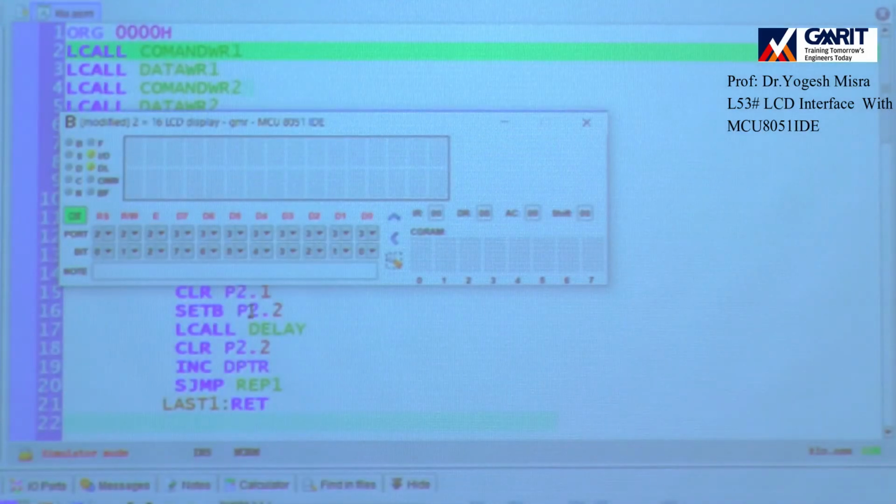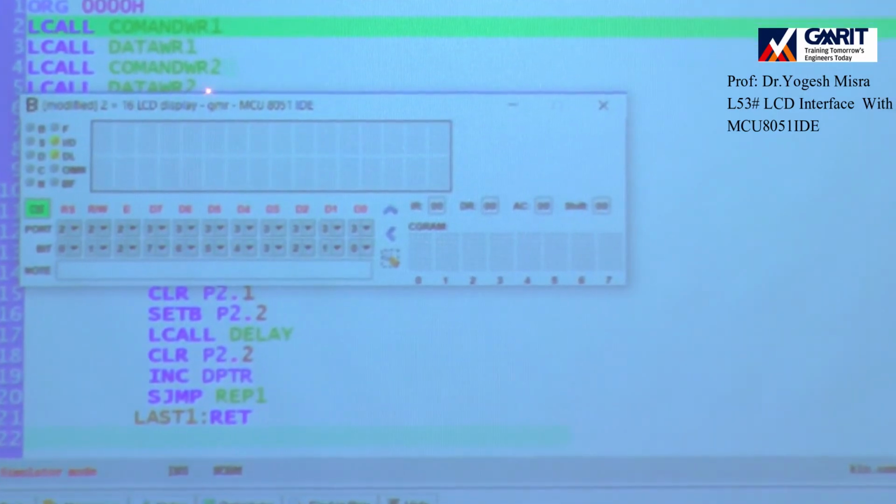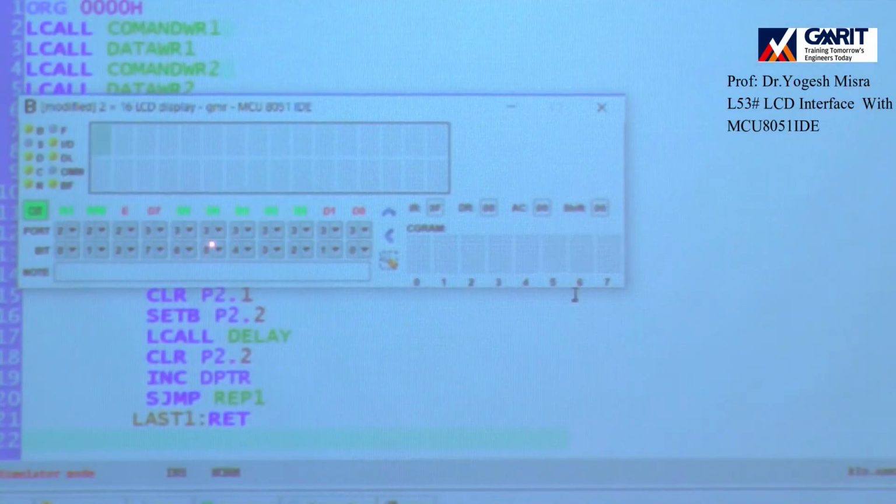It is coming the same, na? Now the program is running. You see how it is going.